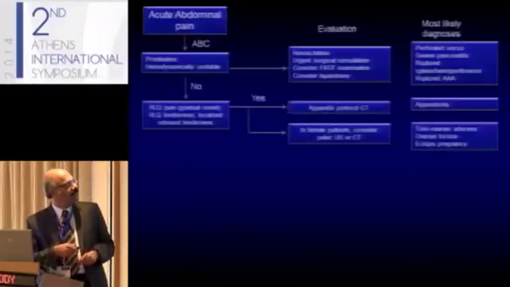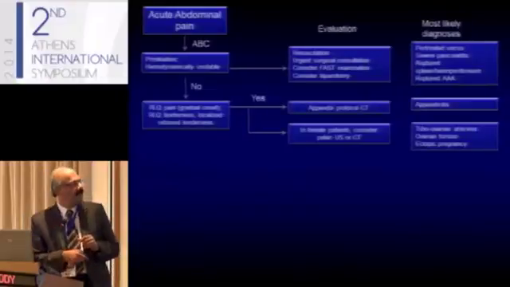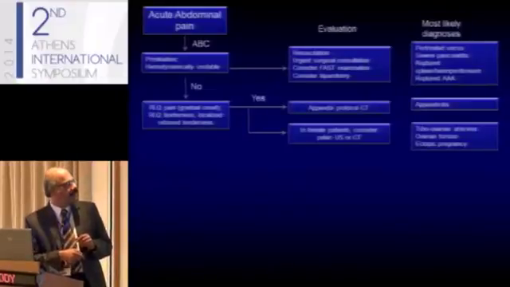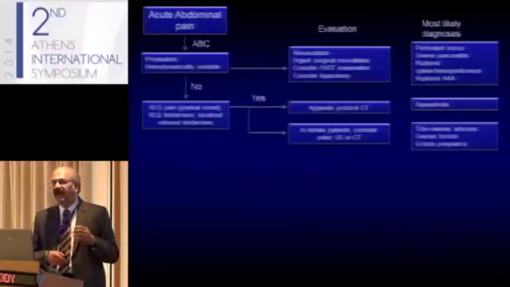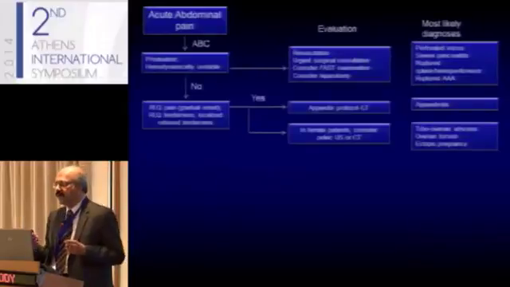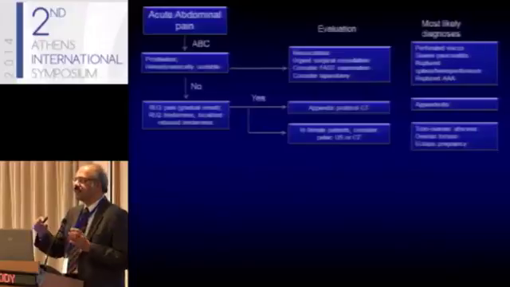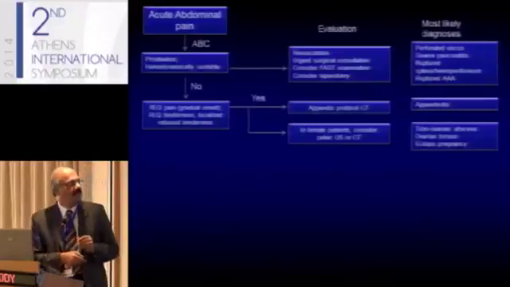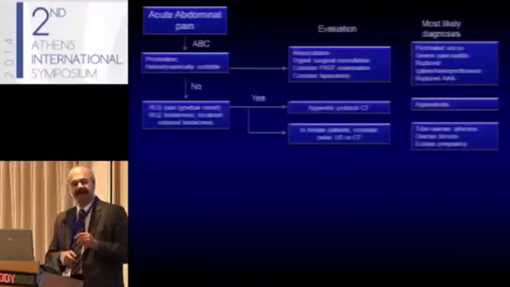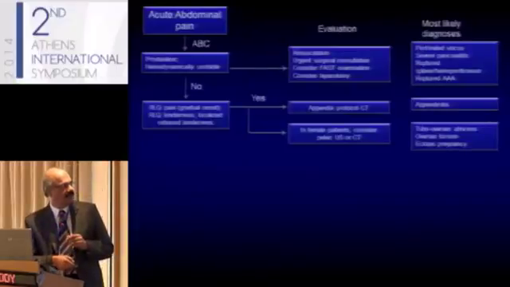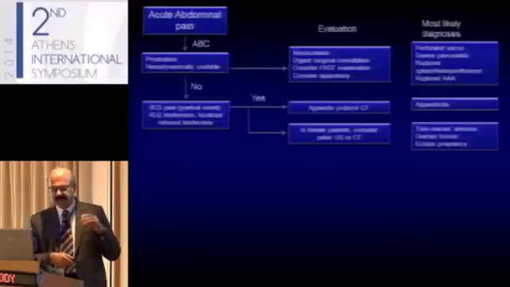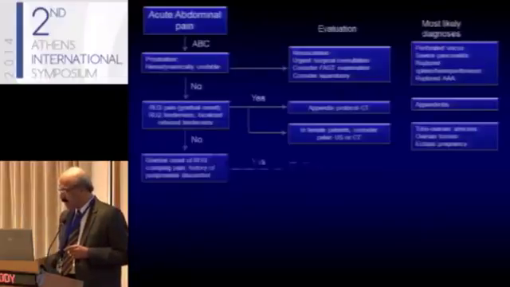Now, if this is not the case, the second category of patients come with right lower abdominal pain, which is gradual in onset and then gets localized. There's sometimes rebound tenderness. Very often it's appendicular pain. We have an appendix protocol CT now. If on CT scan the appendix is more than 6 millimeters in diameter, or the wall is thickened, then you say it's appendicitis. So you do a CT protocol for appendicitis, and then of course you diagnose this. In female patients, of course, we consider other causes, pelvic causes, for this pain.